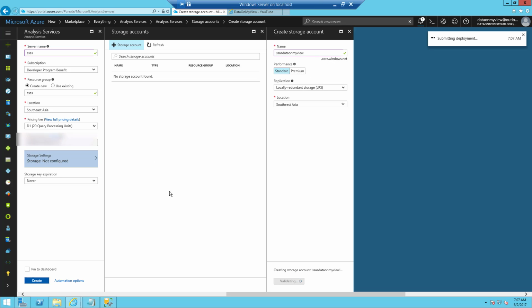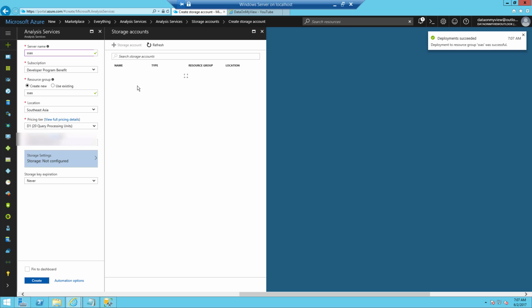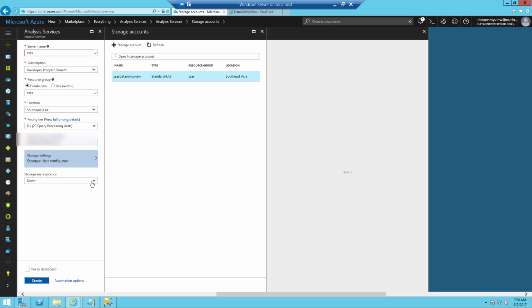Once that name is available, then we are good to go with that storage. It is validating, so I'll use the default options for replication and location, and it is creating a storage account. As it is creating from scratch, it may take some time. Once it is completed, it is going to list that storage account here, and we can select it and proceed to next.